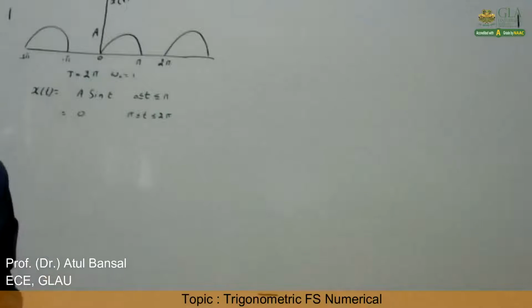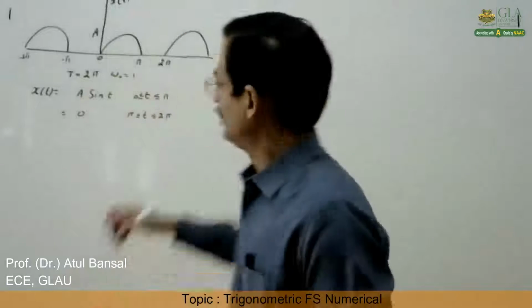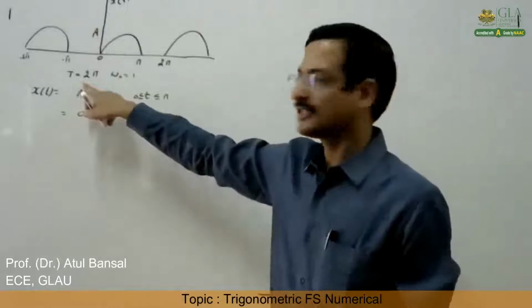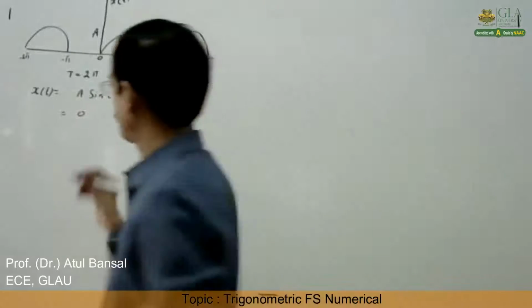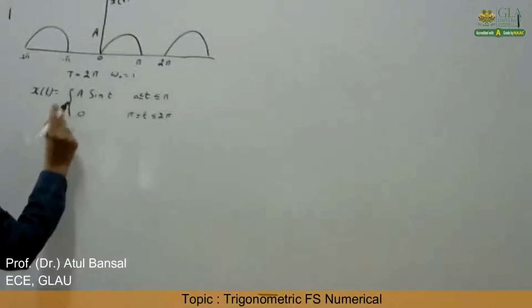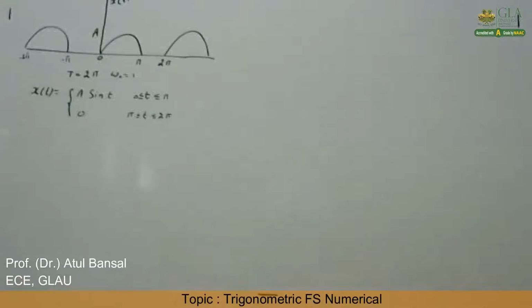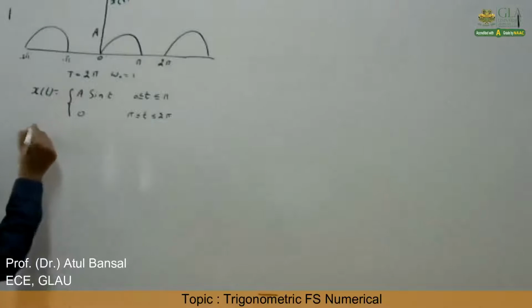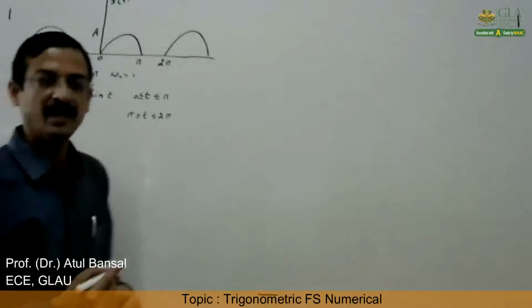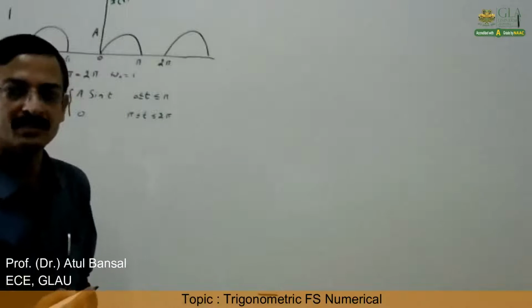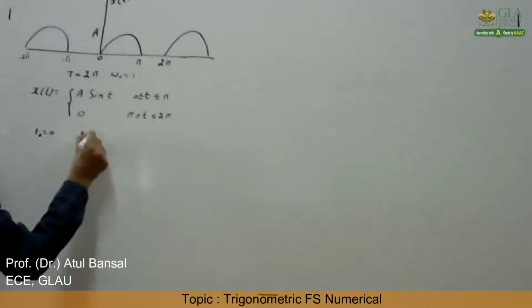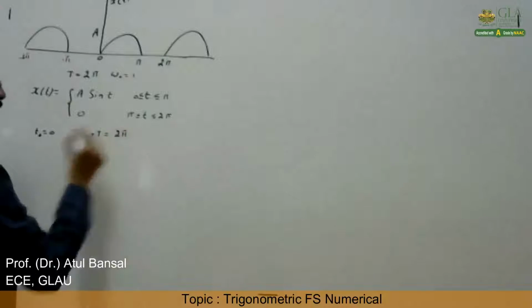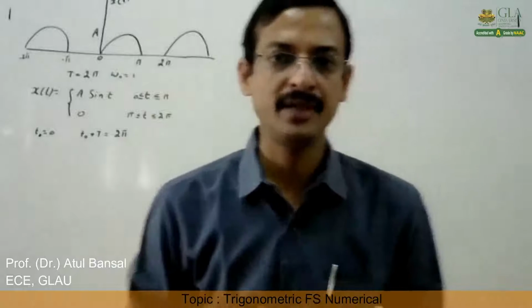So the first step in the evaluation of Fourier series is we need to find out the time period of the signal, the angular frequency of the signal, and we need to mathematically define the signal for one period. That is what we have done right now. Now, let us take the limits of integral for a0, an, bn from t0 to t0 plus capital T. Let us fix t0 at 0. So t0 plus T would be 2 pi. Now we will evaluate our Fourier coefficients a0, an and bn one by one.